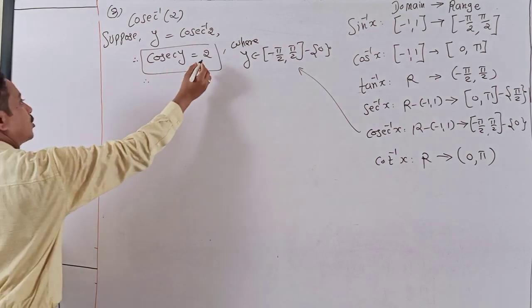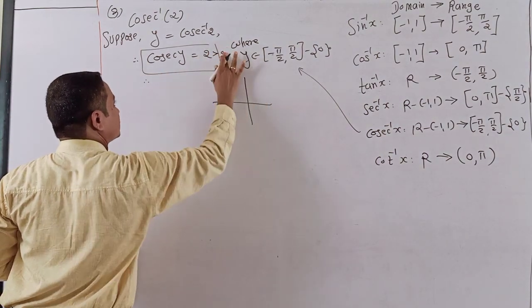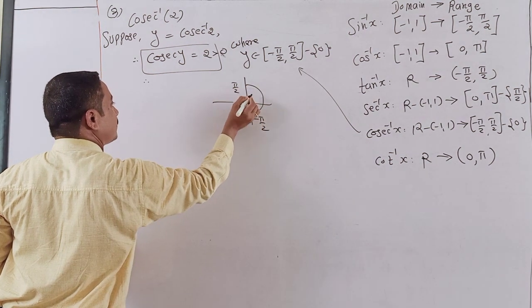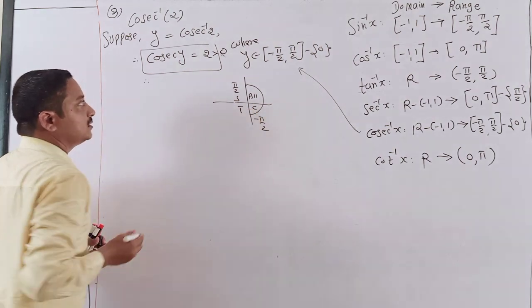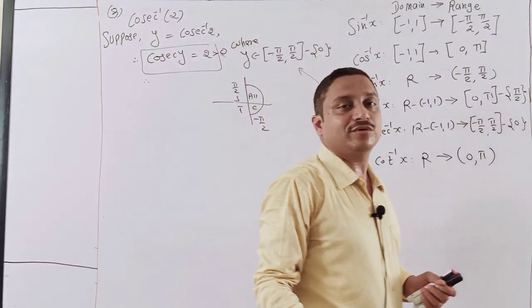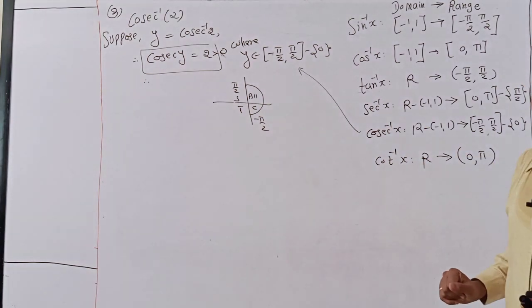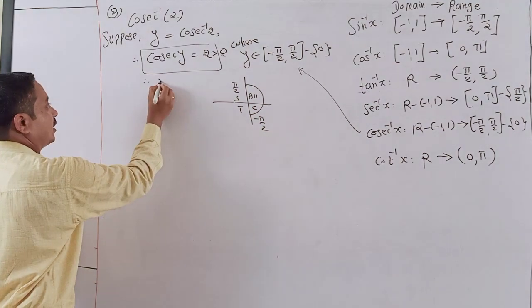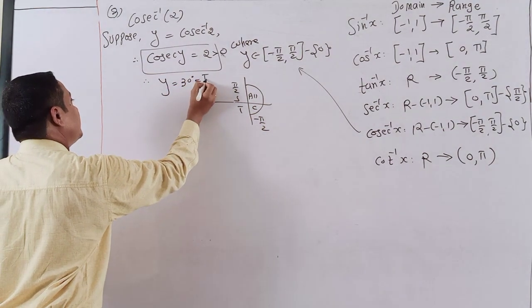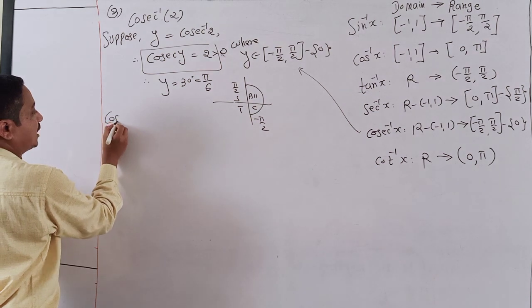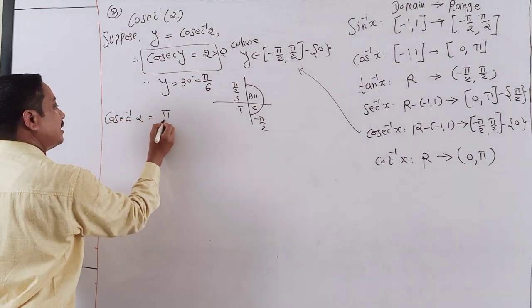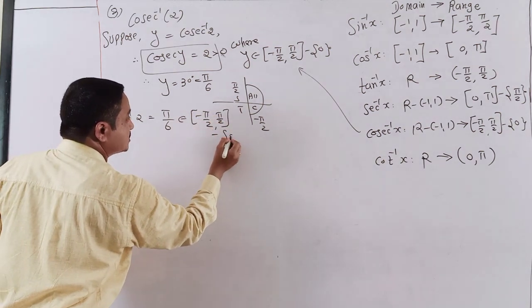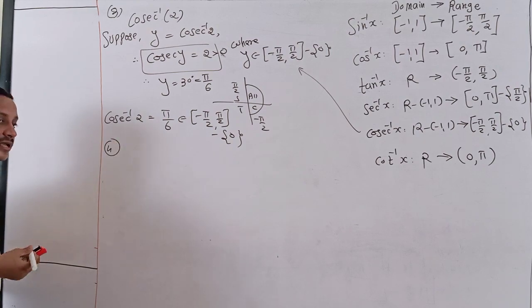Now students, cosec is positive in this range, so write down greater than 0. That's your range, minus 90 to 90, all clockwise. In which quadrant is cosec positive? Definitely the first quadrant. That's why y is 30 degrees, 30 means pi by 6. So my answer is cosec inverse 2 is equal to pi by 6, which belongs to our range. And here you are happily done.